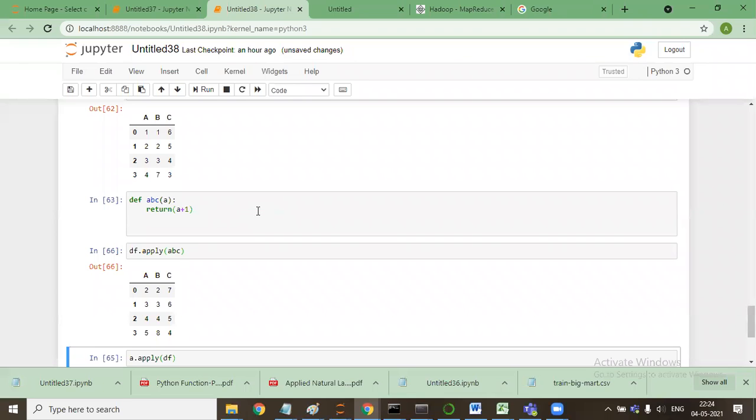Okay, I'll cover this apply function tomorrow. So the thing is, I've just taken values at random. So I said def abc. Now how this function will work is, this function will take every column, by default it's column, I guess. Let me cover this apply function tomorrow, because I'm confused between apply and apply map, whether it is applied on row by default or a column by default. I'll cover it tomorrow. So let me tell you what is the apply function.